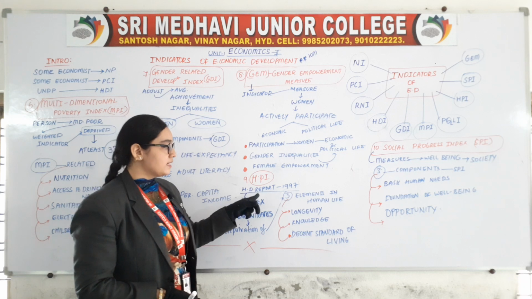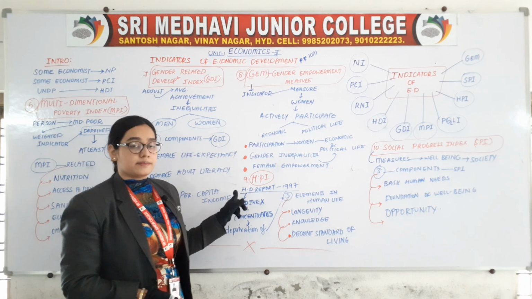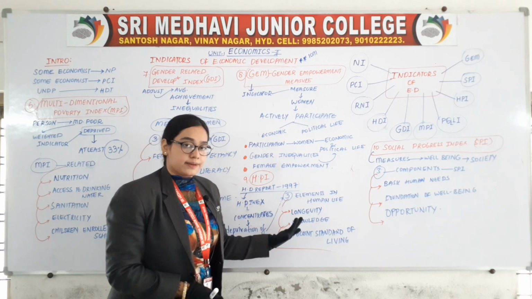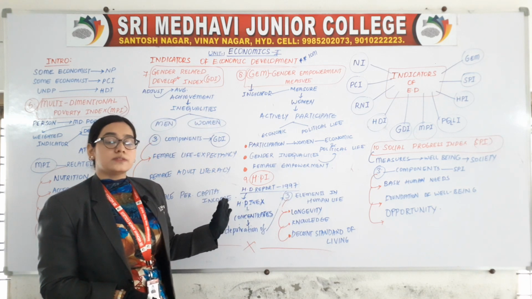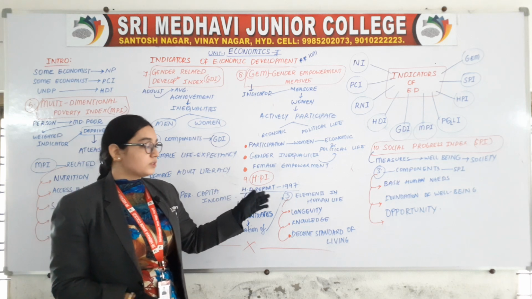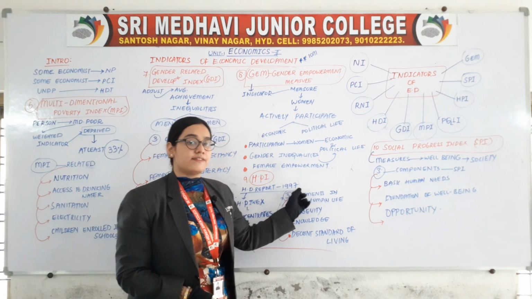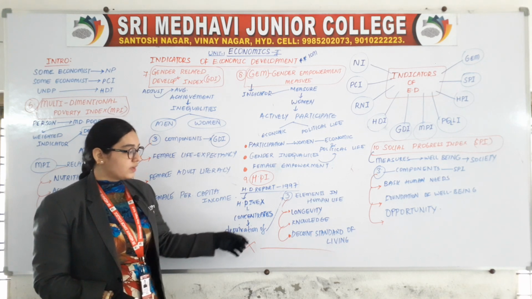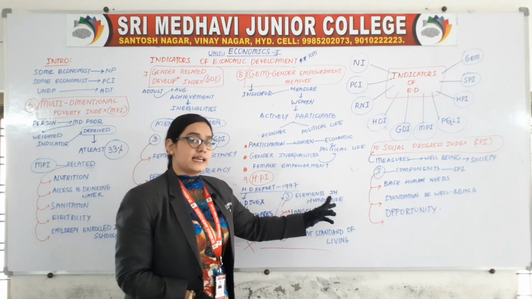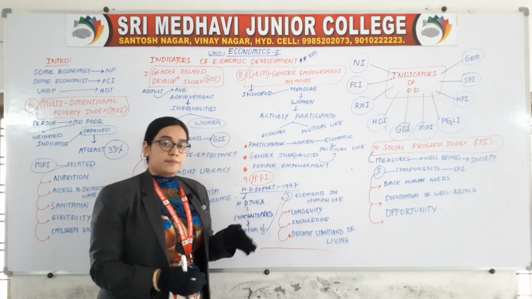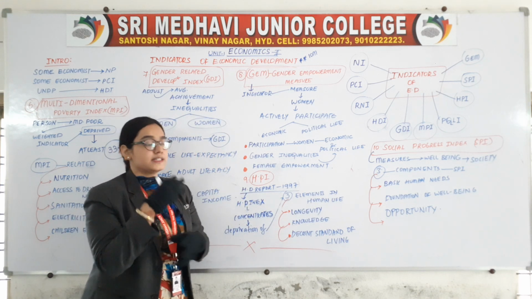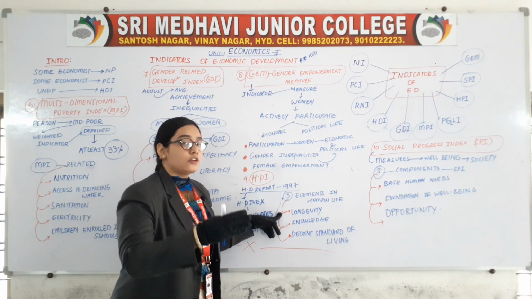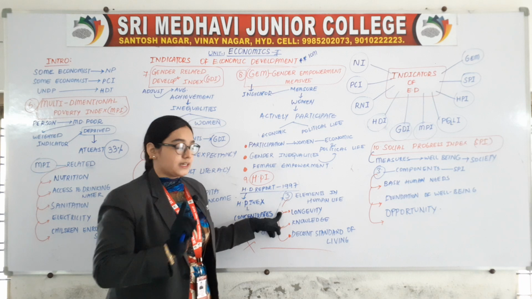So what HPI is doing, the HD report, that means Human Development Report, was passed in 1997. When the Human Development Report was passed in 1997, it concentrated on deprivation of three basic elements of human life. Okay, deprivation of three basic elements. First is longevity, that means long time living. Long time living means life expectancy.